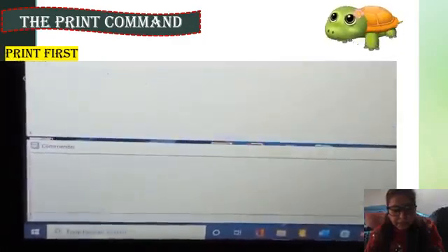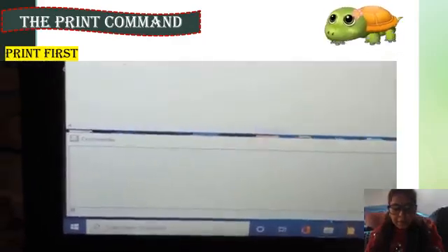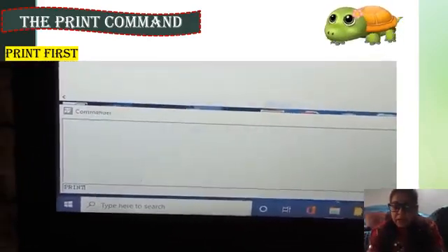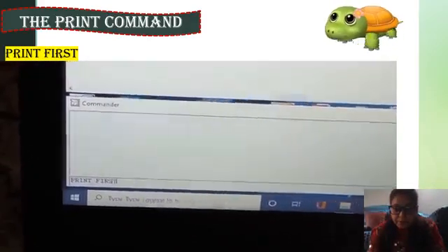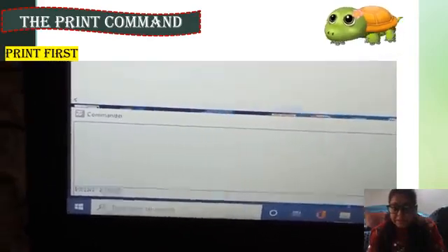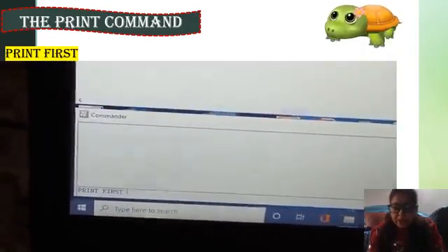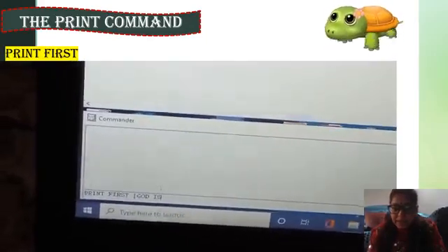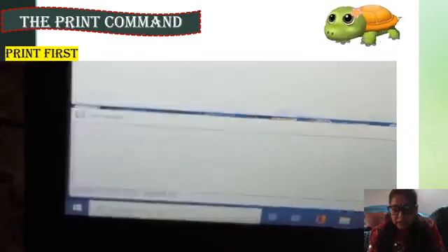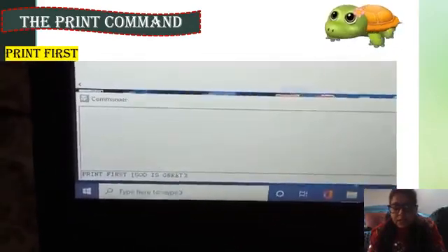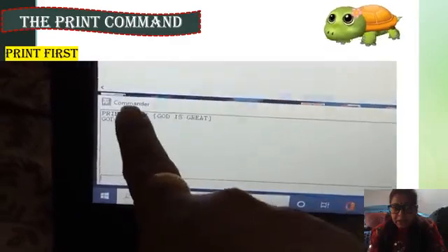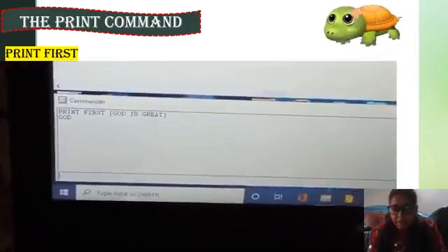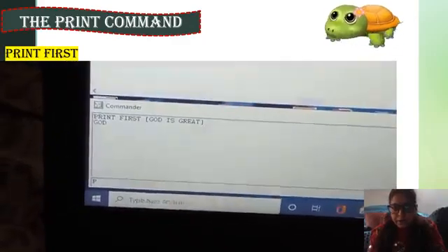Again here write print, but for that you have to write print space first, because we want the first word. So write print first, then bracket, then write a sentence. I write here God is great. Now you can see here, God. God is the first word, it shows here like this.